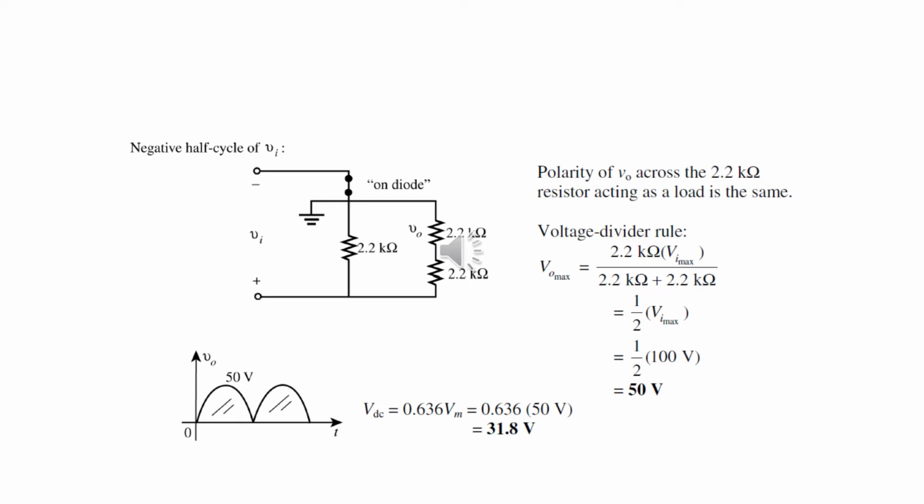One thing to be noted is that the voltage polarity in both the cycles is the same, and the direction of current in both cycles is the same. So it will give us full wave rectification in which we have output voltage of single polarity. Getting the output voltage, it comes out to be 50 volts. Now the second part of this question is we need to find the VDC. You can see the output voltage waveform over here. It is the full wave rectification. So we know the VDC of a full wave rectifier is 0.636 Vm. Putting in the value, 0.636 times 50 gives us 31.8 volts.